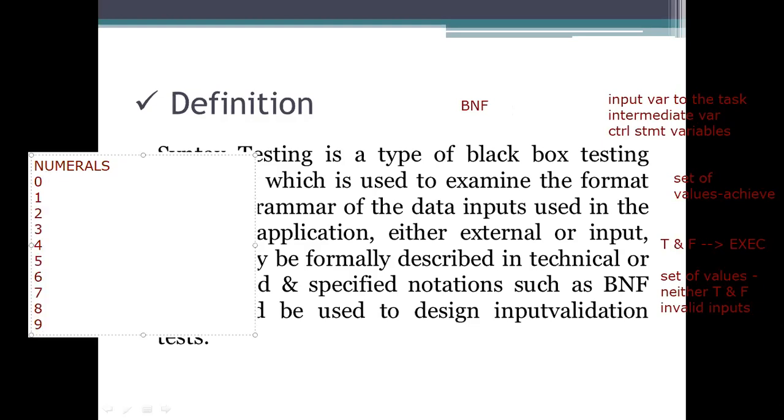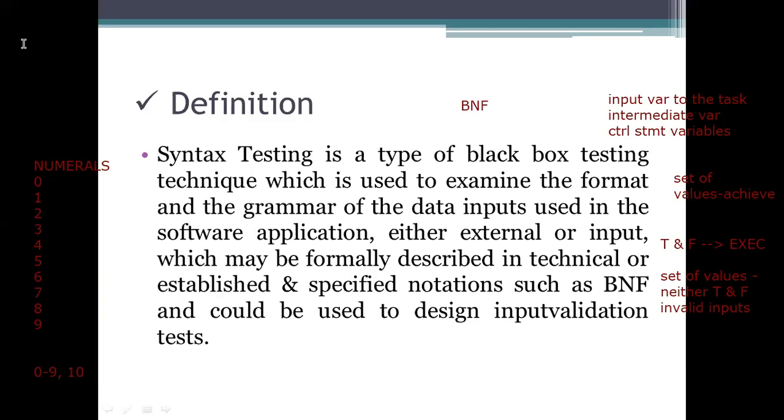That's all. By using the numerals only, you create the next values, from 0 to 9. And coming to the next value, 10, this value is built using the numerals 1 and 0. So that is one example.